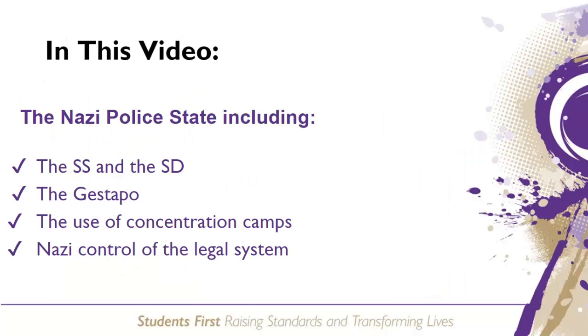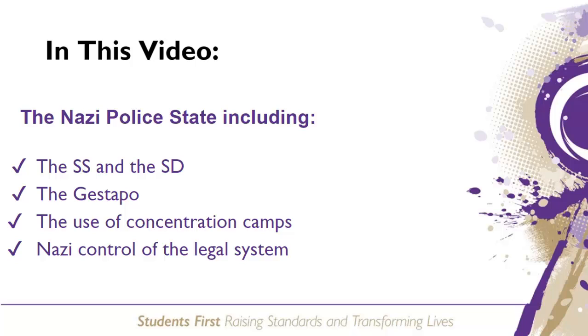In summary, the Nazi police state used terror to control the German people. The black uniforms of the SS and the plainclothes of the Gestapo were feared by the German people. The card index kept by the SD meant records were kept of anyone even suspected of opposing the Nazi Party or the German government. Also, although concentration camps were built in isolated areas, away from the public, rumours leaked out about the conditions there and simply increased the level of fear and control further.